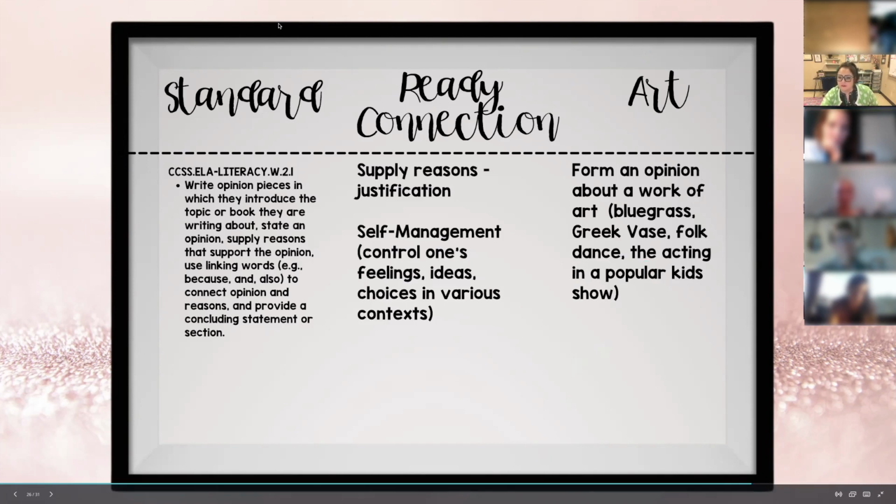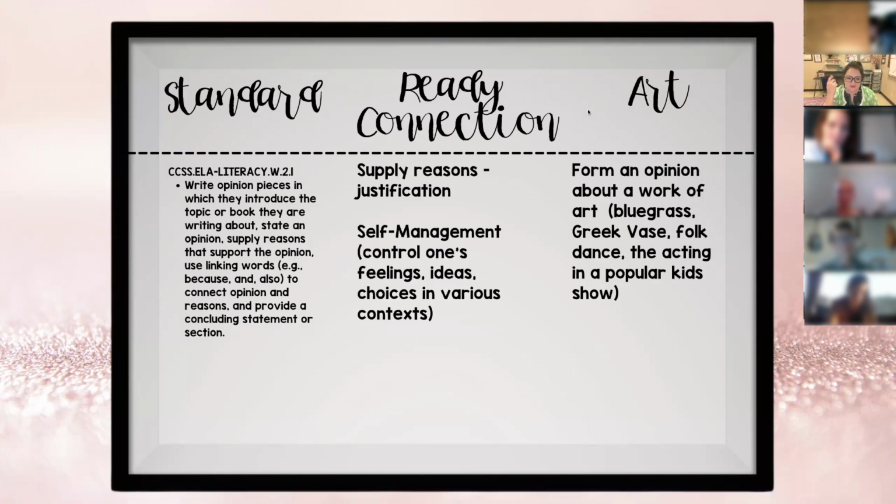And then this is where I said I had something for Blake. Form an opinion. Here's something for when you get ready to start putting art in this too, some ideas. This is like a brainstorm of what you could do with art. Form an opinion about a work of art. And I try to think of things that most students don't know about. Even in Mississippi, nobody knows what bluegrass is. So I put that on there.